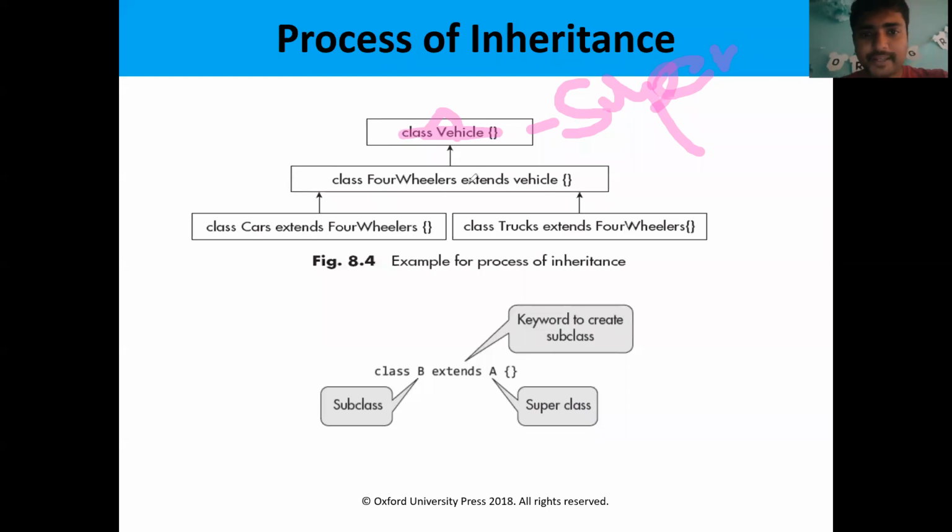Here we are going to inherit the properties of Vehicle into the FourWheeler class. We are going to declare the class FourWheeler, which inherits the properties of Vehicle. FourWheeler is a type of vehicle. A vehicle may be a two-wheeler, three-wheeler or four-wheeler. So here we are creating the class for four-wheelers, which has the properties of Vehicle. This is the concept of inheritance: here we are using the keyword extends.